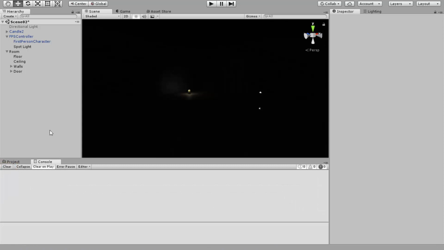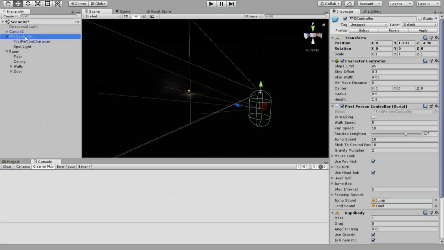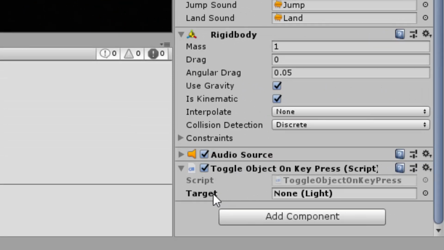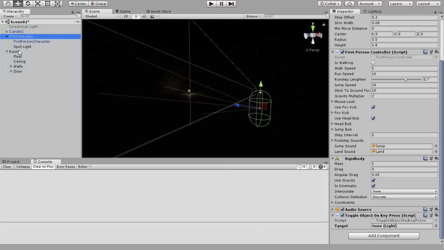There's no errors showing up, that's good. If I click back on the FPS controller to see that script at the very bottom here, I see yes, it does have my variable here, target. It doesn't have a value yet though, so we can go ahead and set a value. It's expecting there to be a light here. And we do have that game object right here in our hierarchy. I'm going to click and drag and drop it into that spot. So now that variable does have a value.